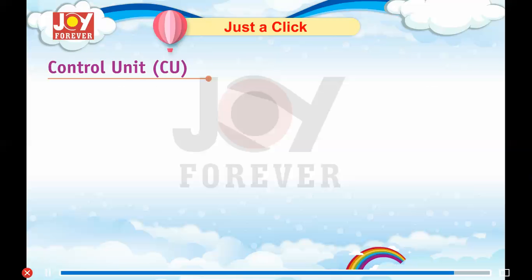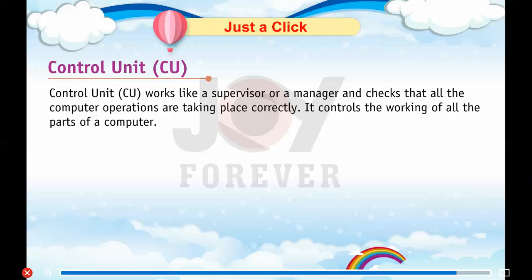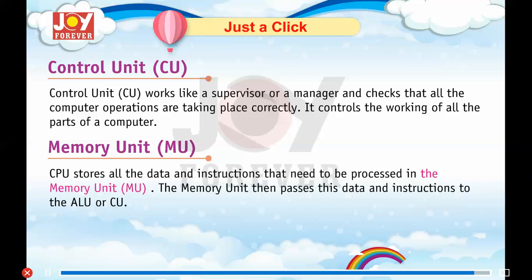Control Unit, CU. The Control Unit works like a supervisor or a manager and checks that all the computer operations are taking place correctly. It controls the working of all the parts of a computer. Memory Unit, MU. The CPU stores all the data and instructions that need to be processed in the memory unit. The memory unit then passes this data and instructions to the ALU or